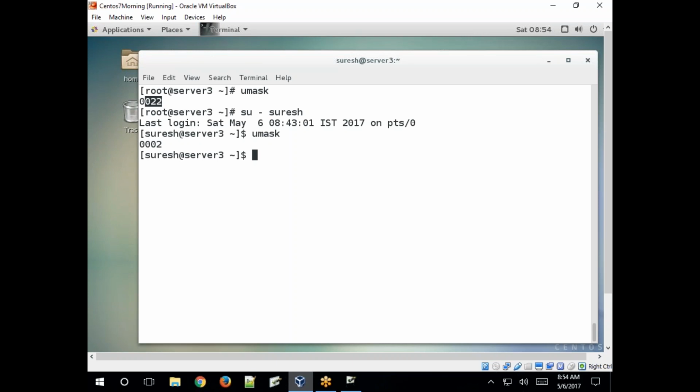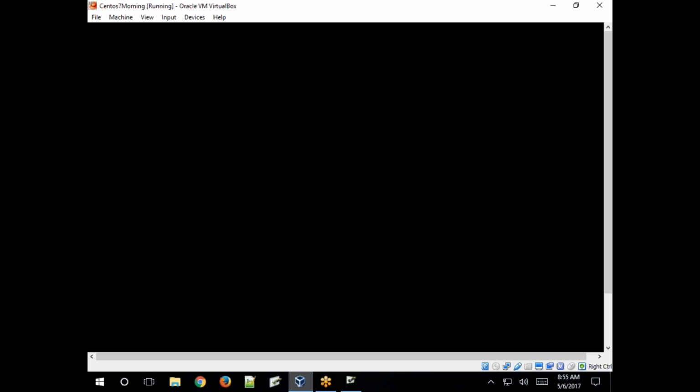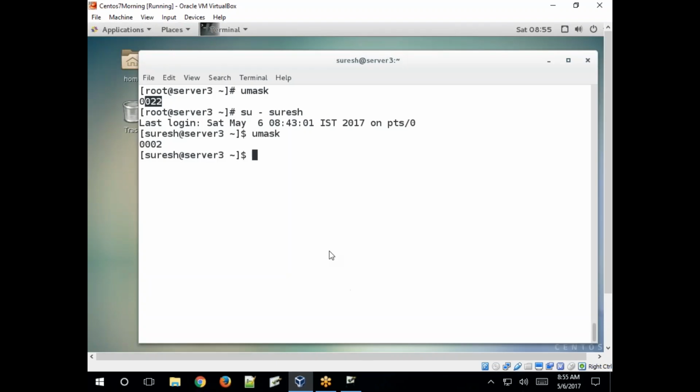002. So how to change this mask value, the default mask value from 002? Create a file, I'll show you the difference. Create one more file, touch text.